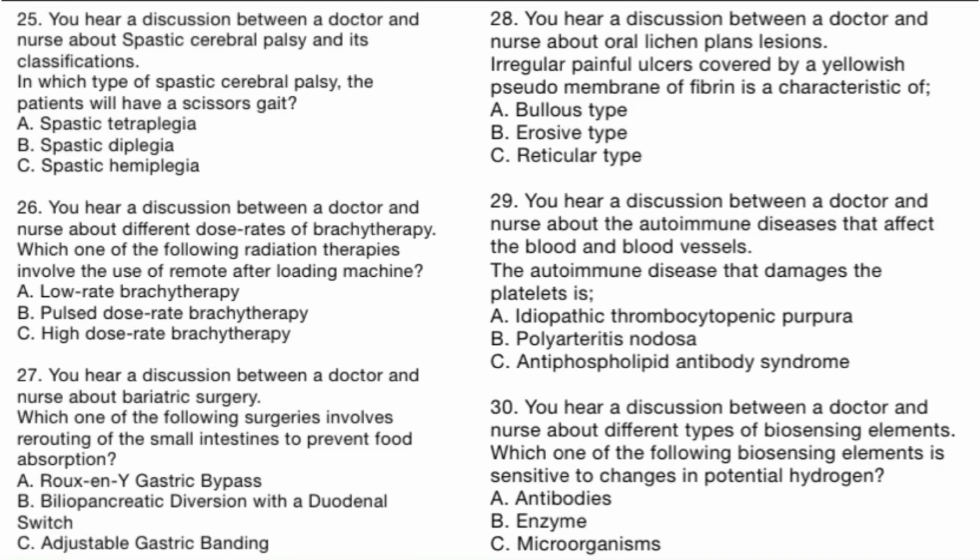Question 30. You hear a discussion about different types of biosensing elements. Hello, doctor. What are biosensing elements? Well, an enzyme is a protein that has a high selectivity for a particular substrate, which it binds to, bringing